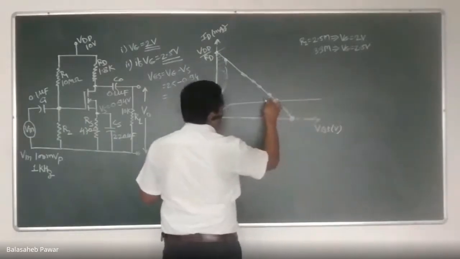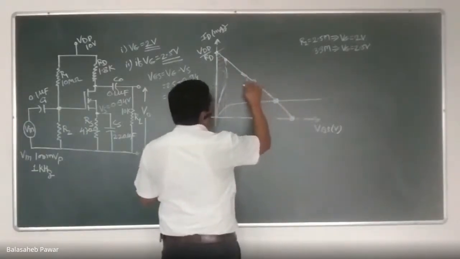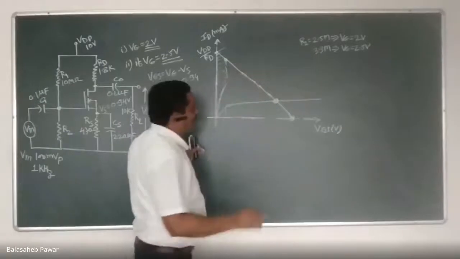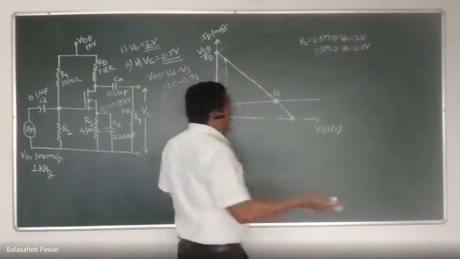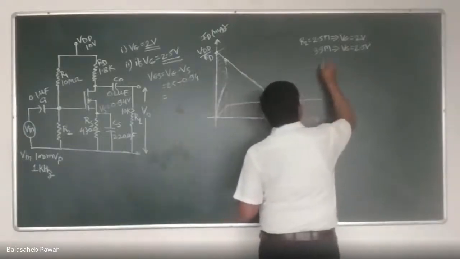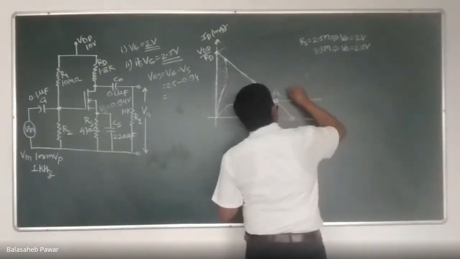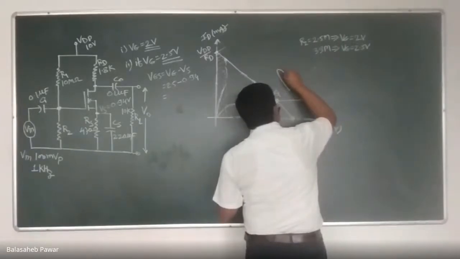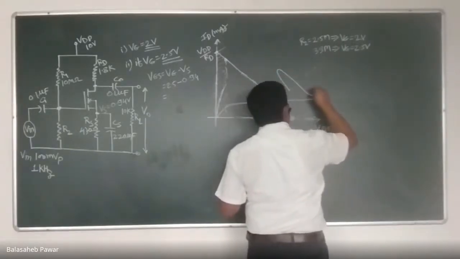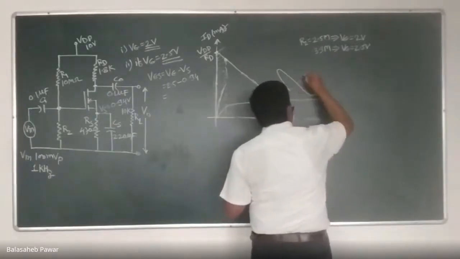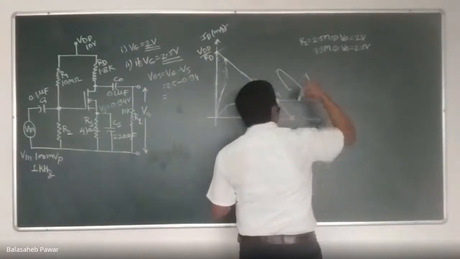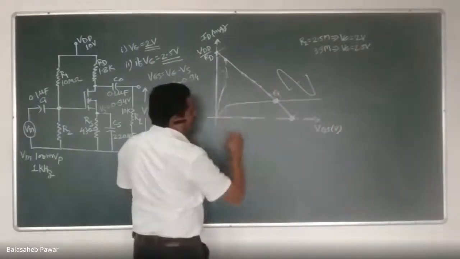Suppose it is over here. It is not at the center. Where is the operating point? Now it is somewhat over here, and I can apply the input. Suppose my applied input signal is of this much amplitude. Again, for simplicity, I will consider it to be 100 millivolt peak. Okay, this is 100 millivolt peak.